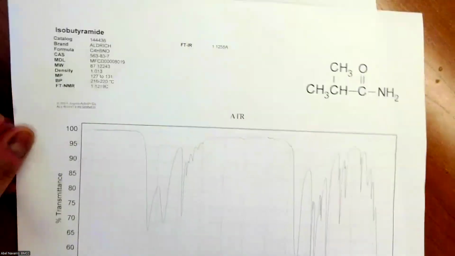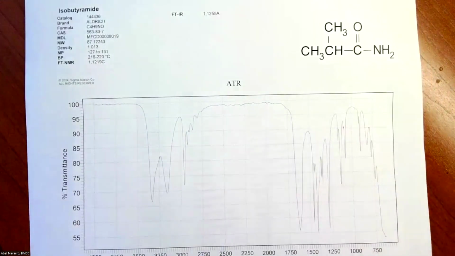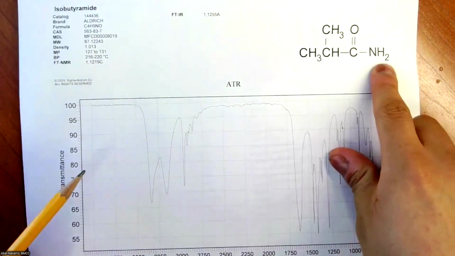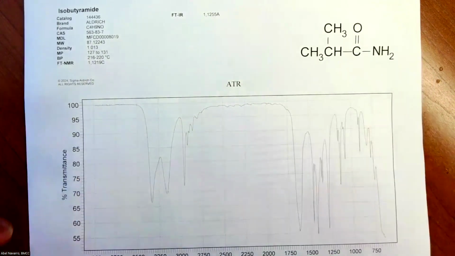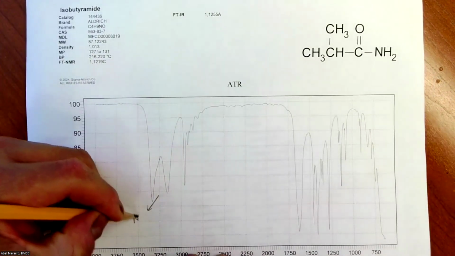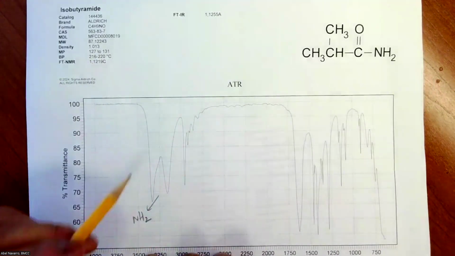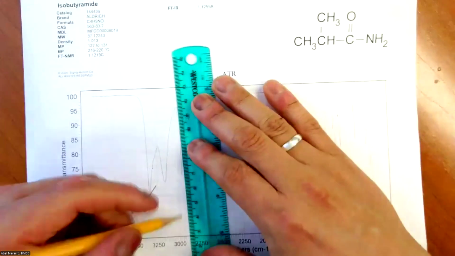Amides. Okay, in the case of amides, we follow the same rule for nitrogen. Remember for amines, we were saying that you have a primary amine, secondary amine. You also have primary amides, secondary amides. So in this case, you have a primary amide, right? That means you will see NHs, and those are the NHs right here. NH2, two bunny ears, 3000 line,